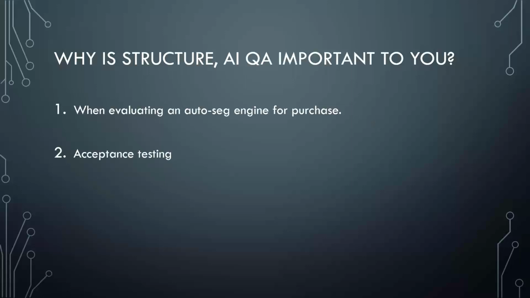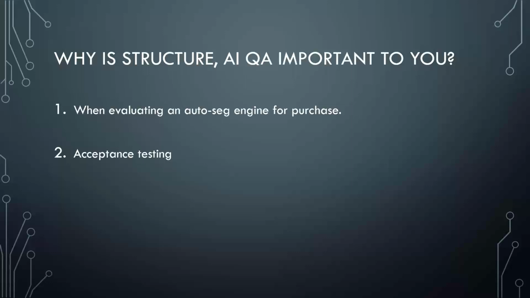Acceptance testing. Let's say finally you get down to selecting an AutoSeg engine, but now you're going to have to do some acceptance testing. What I mean by that is you want to make sure that you understand the tool really well before you actually start using it clinically. So where do we trust it and where don't we trust the new AutoSeg engine? Does the AutoSeg engine do well on certain organs of a model, but maybe not so well on others?